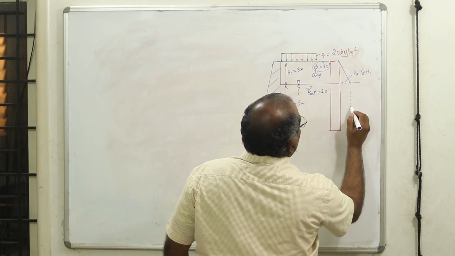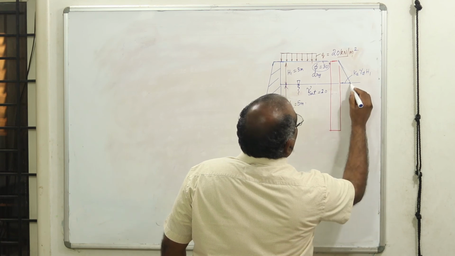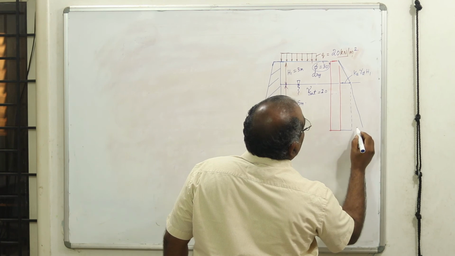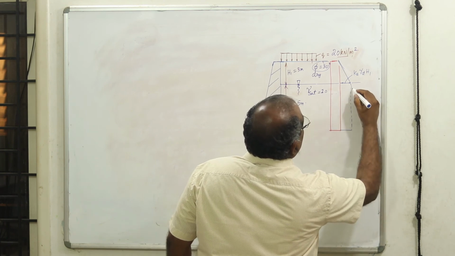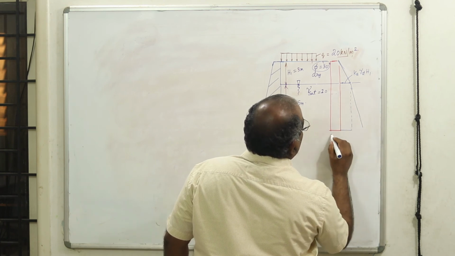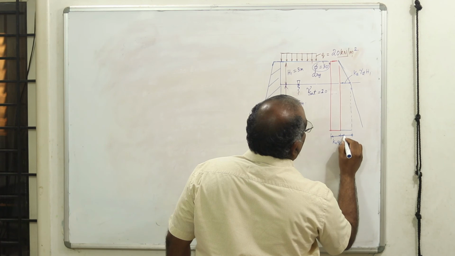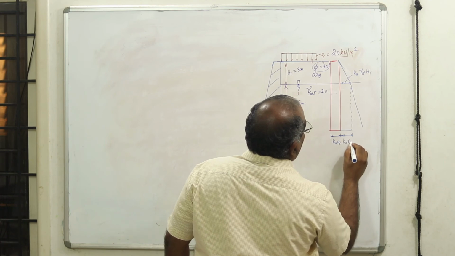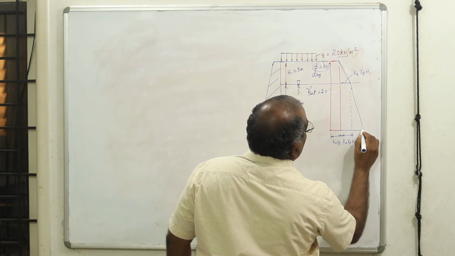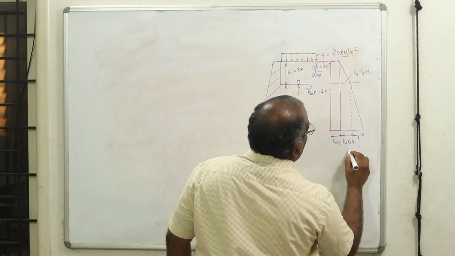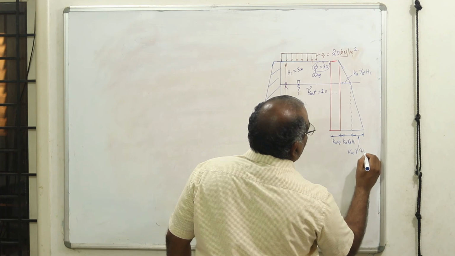This continues. Then we will have a slightly less slope. Okay, this is because of the submerged condition. This is Kaq. This is Ka gamma d into H1. Then this base is Ka gamma dash into H2.